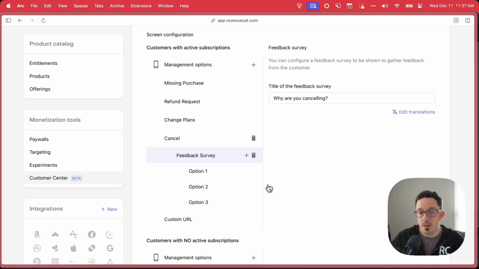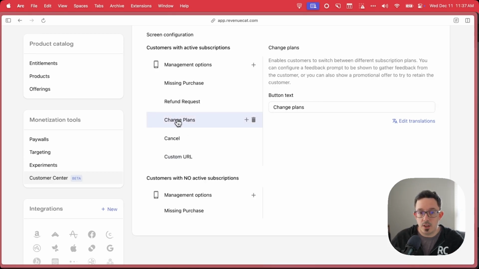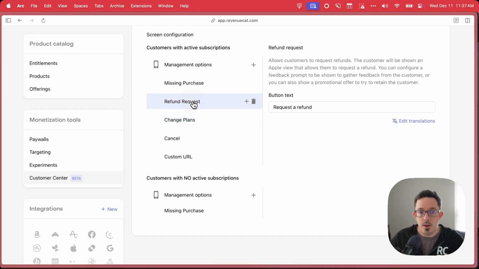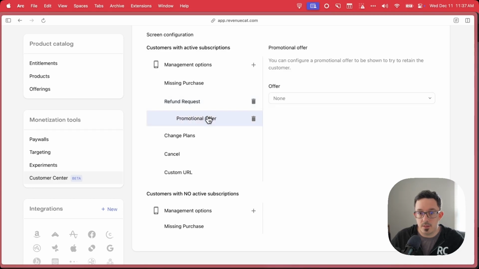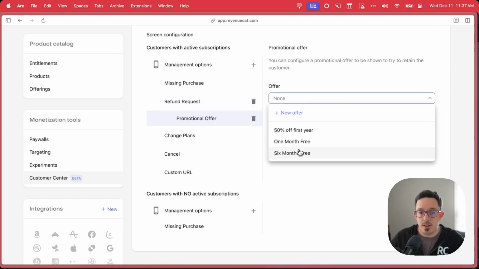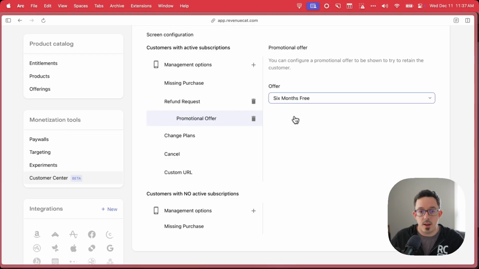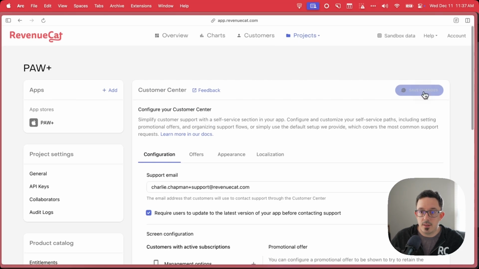So you can actually add these to any of them. So on change plans, if I wanted to add a feedback prompt here for some reason, I could do that by hitting plus and then choosing a feedback survey, or just go straight to a promotional offer here. And more likely what you'd want to do is on the refund request, you might want to add one of these as well. So if I hit plus and I just say, I don't want to do a survey, I just want to hit them with a discount instead right away, I can set that up, and let's do the 6-month free option there. And so if I save that